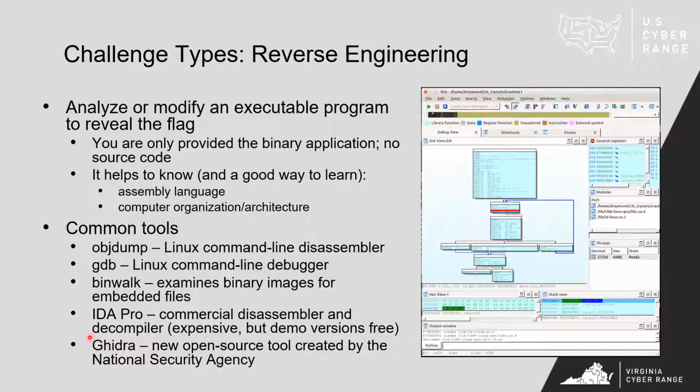So the NSA are sort of the paid hackers in the federal government. They both attack and defend from a cybersecurity standpoint, and Ghidra is a Java-based tool that they've built to do reverse engineering of software. And the really cool thing about Ghidra, and I may get to it and show you how you can use it,